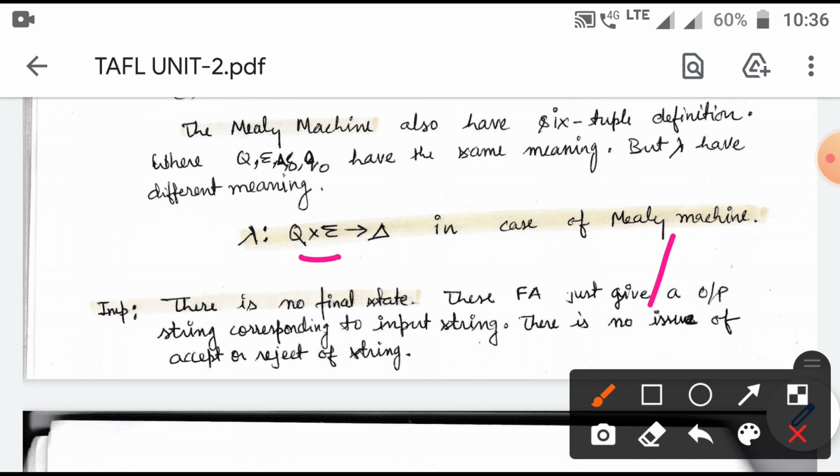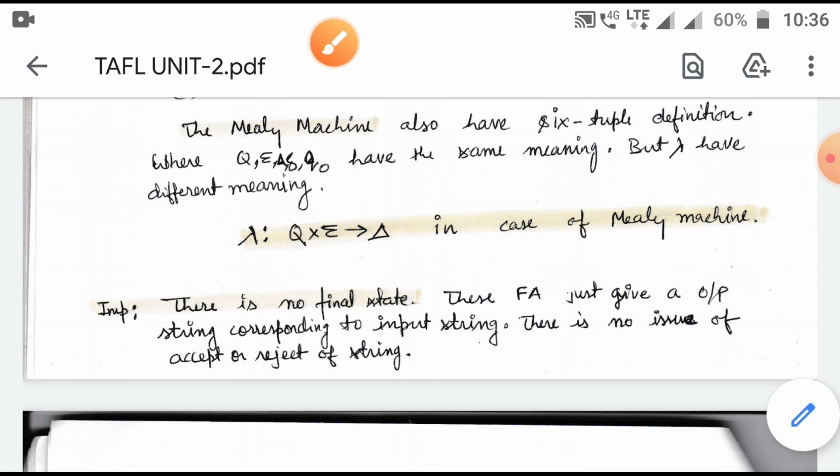But we have to take care that in a loop situation, if the machine comes back into the initial state after processing some alphabet, then the output will be considered. We only have to discard it while the machine is starting in the initial state.